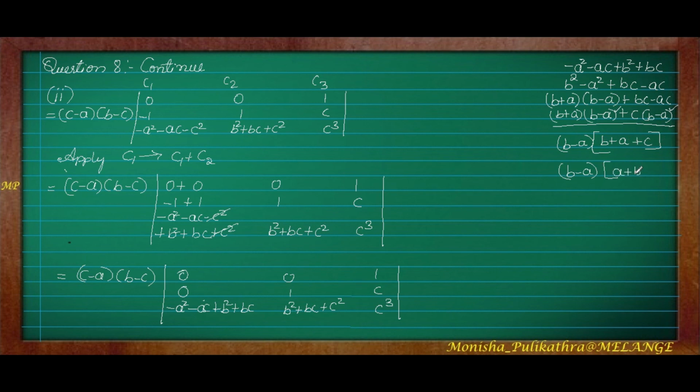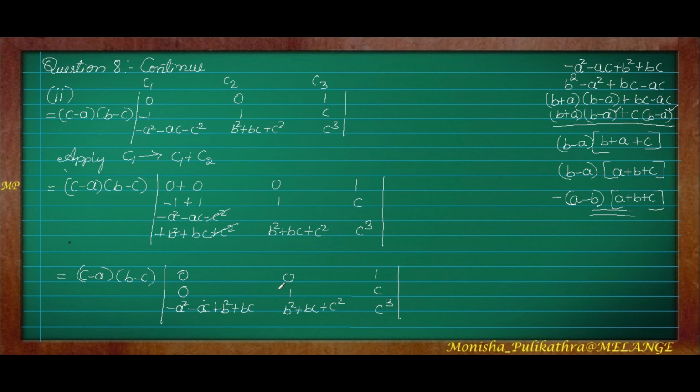So we can write it as B minus A into B plus A plus C. We can write it in the form A plus B plus C, right? But in the answer we need to get A minus B, not B minus A. So instead of B minus A, we have to take A minus B. For doing that, we have to take minus common. So minus into minus is plus A, minus into plus is minus B. Okay, so this will never alter. It will become A plus B plus C itself. Fine, understood? So this one element I have simplified and changed into this entire thing.